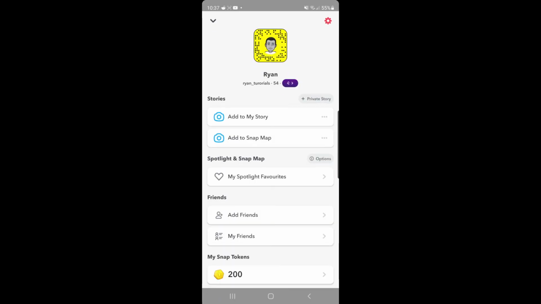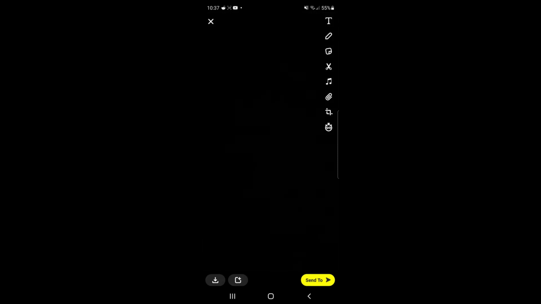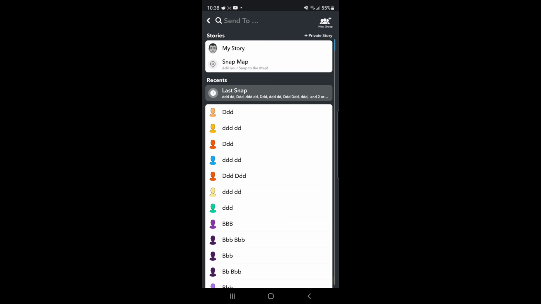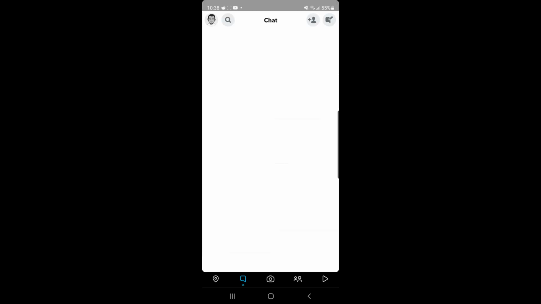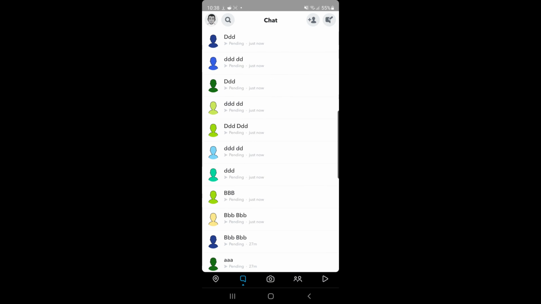And I will show you now how you can send a snap to all of these people at the same time. So if you go to the camera, take a snap as you would usually, and just put whatever you want on it. And then you can simply click on Last Snap. If you click on that, it will select all the people you did send your last snap to. So if I click on Send Again, and then I go ahead and refresh my account,